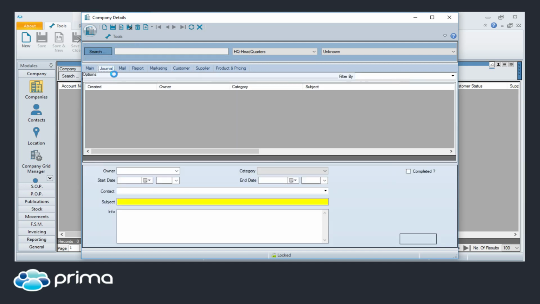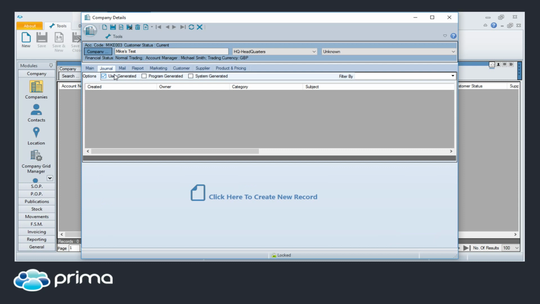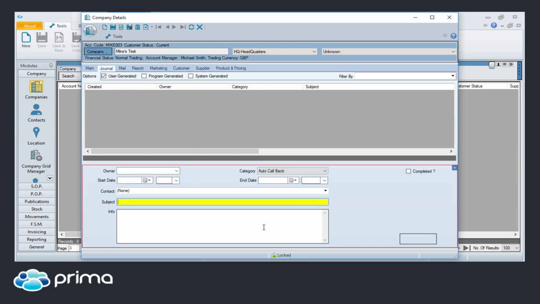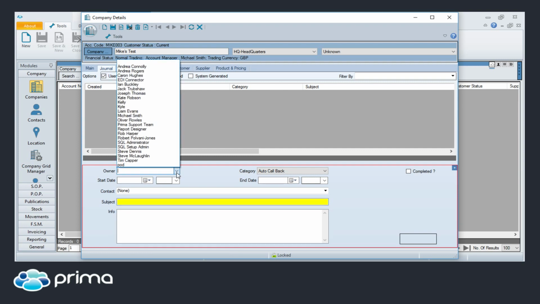The next section we've got is the journals. Some of you may have used these before. What you can do is set up tasks for specific users within Prima. So say you've been to a show recently, or you've been to visit this customer and they were interested in speaking to you about a quote, you can put a journal within here and assign it to a salesperson within your team, and that'll notify them that this customer needs a call back, or that they require speaking to about a quote. You select the owner for the journal